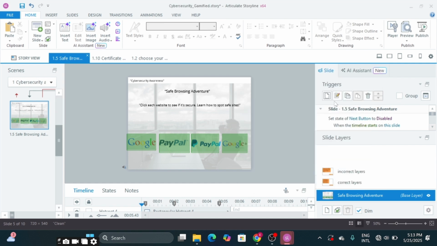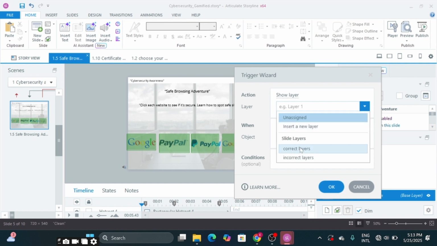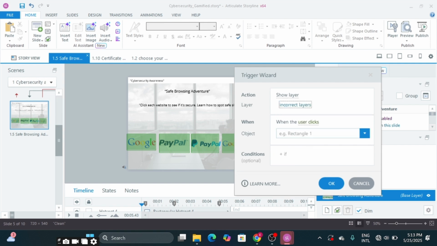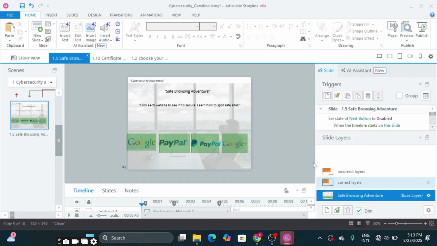Then another one, we can add another one, show layer. Which layer are we going to show? Incorrect layers. When user clicks on, maybe when user clicks on picture 3, it should show us